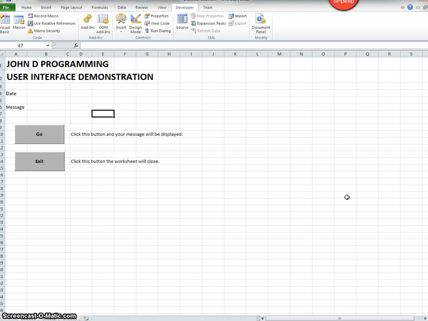Okay, so what you're looking at on the screen right now is a user interface on a worksheet. So let me point out a few things. First of all, we've got a nice title. Now, it may not be the most artistic thing you've ever seen, but it explains what it is we're looking at. So if you're designing these programs for a company in business, and again, this does have a business bias,